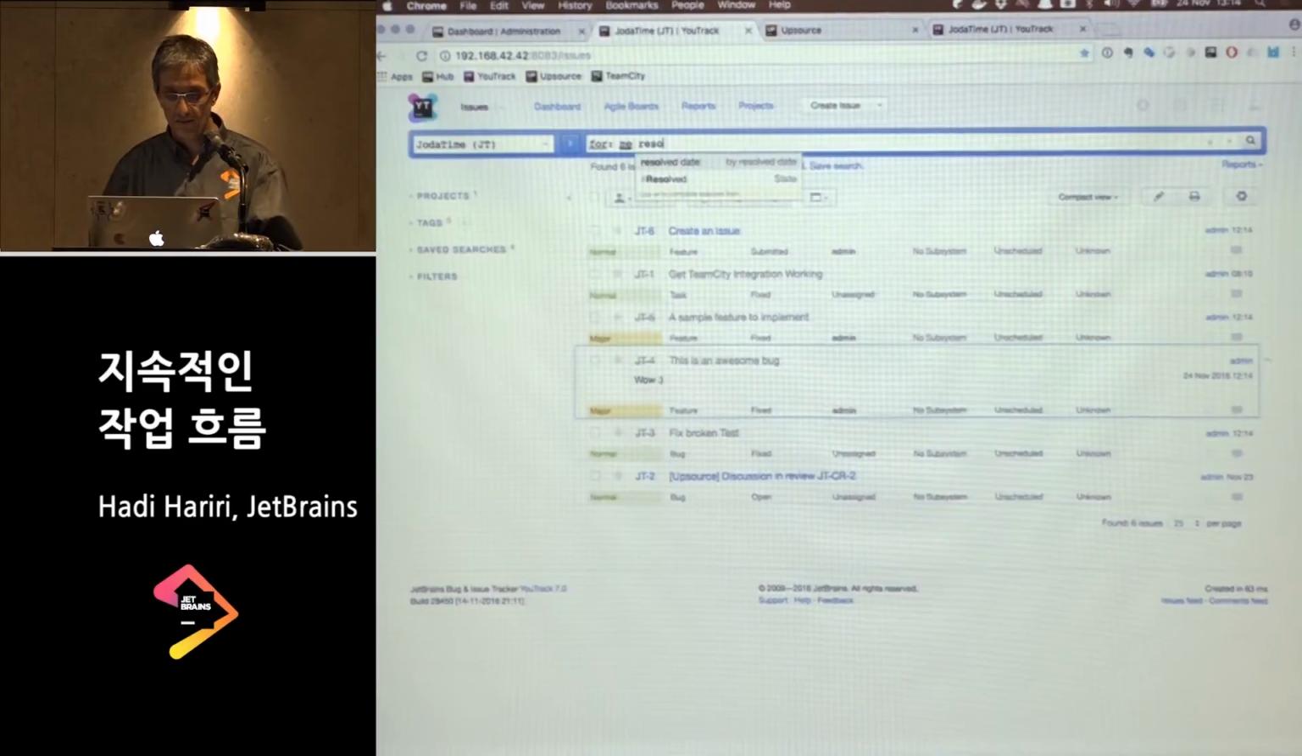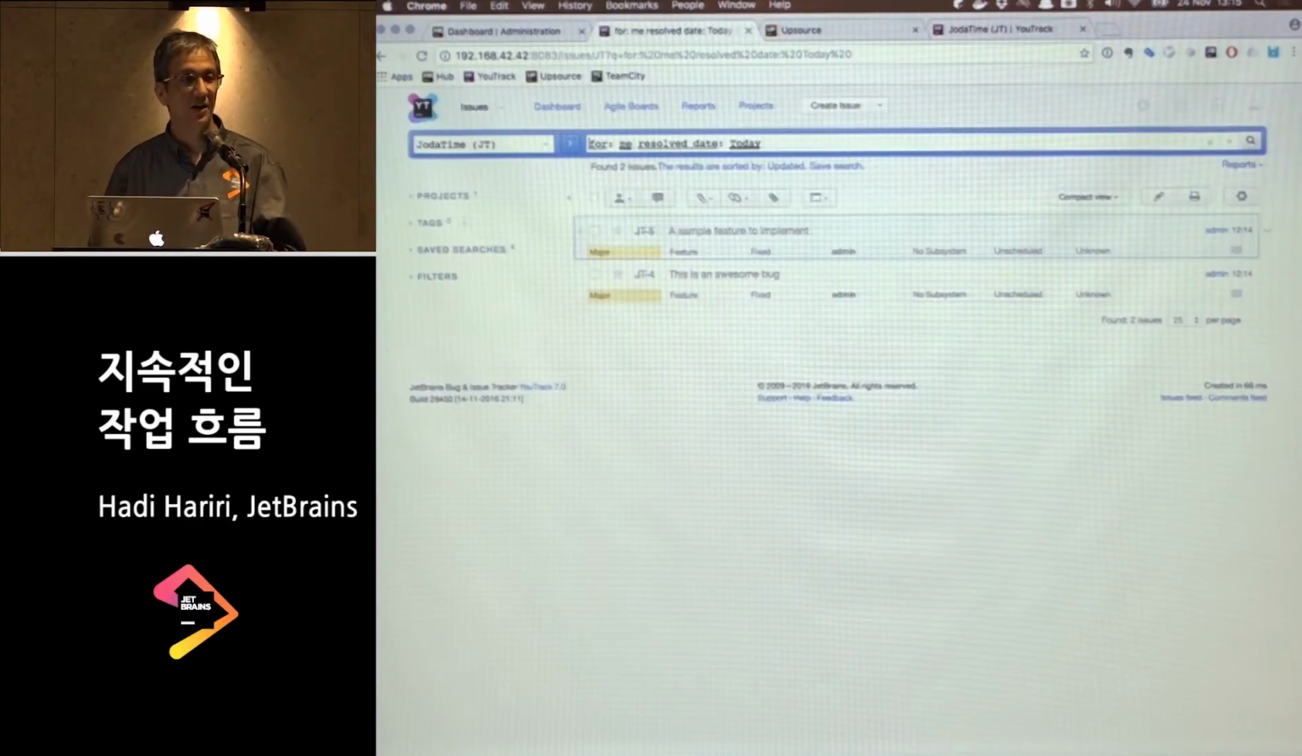Resolve date. Today. There you go. Okay? Now, hold that thought and let me take you to the exact same experience in UpSource,